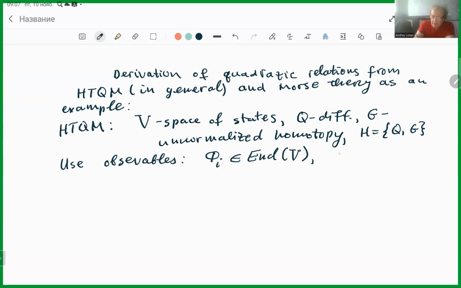And we demand that Q phi I commutator is closed. So the setup is very general. And what are we going to study? We are going to study correlators